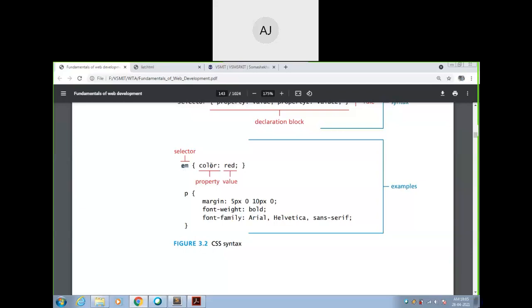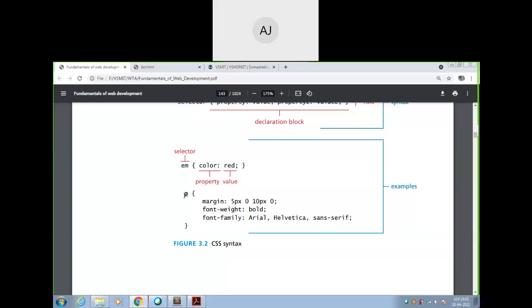Then here you have the color and its value is red, and the property and value are separated using a colon, and the values will end with this semicolon. All these things together are called a style rule, and this will be put into the curly braces. Is it fine guys?